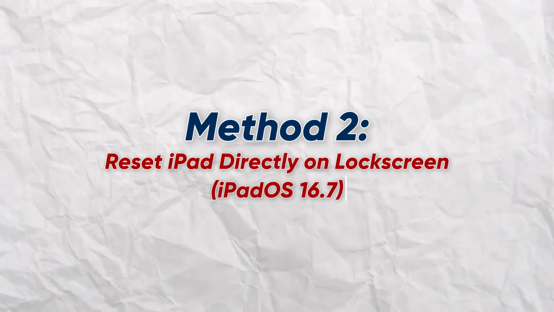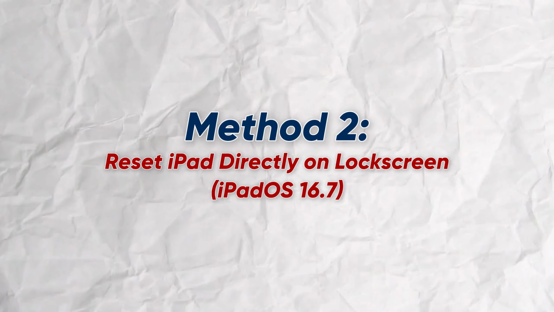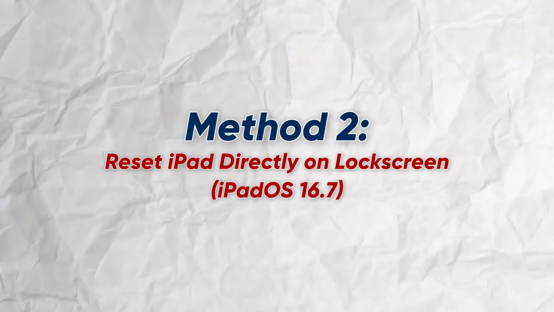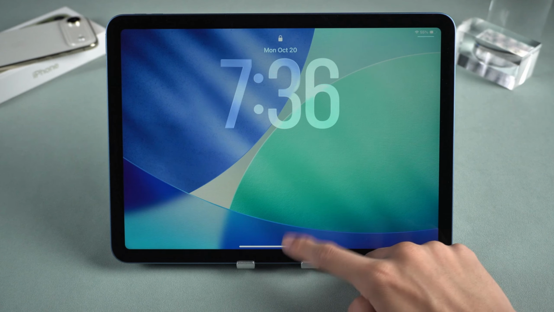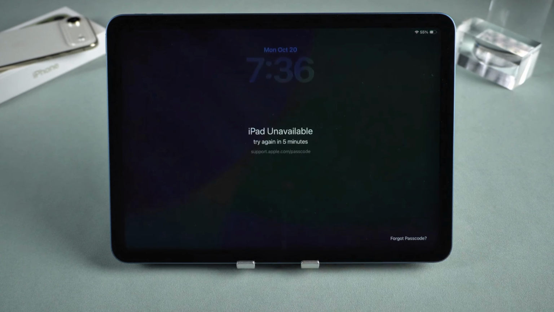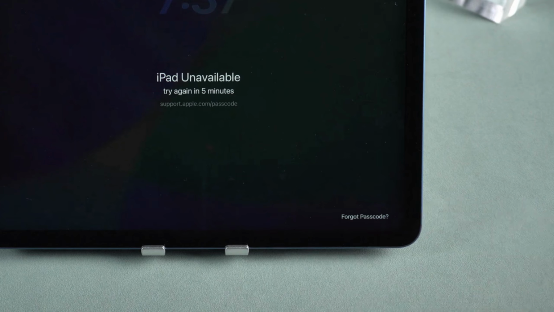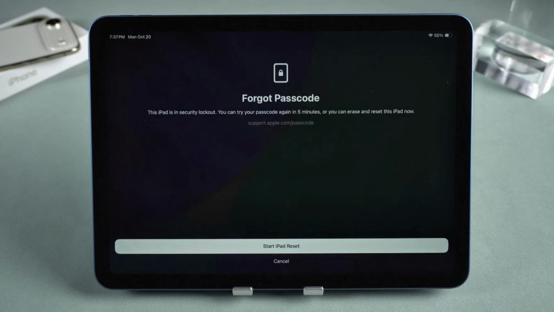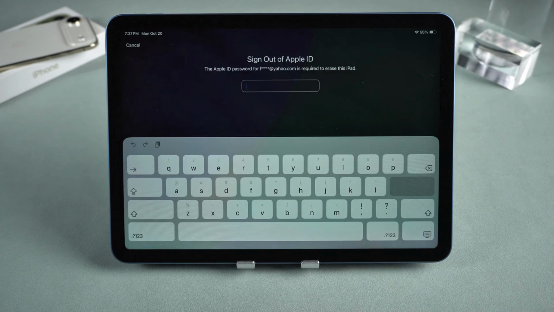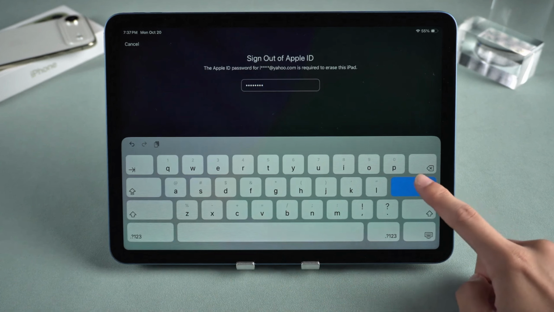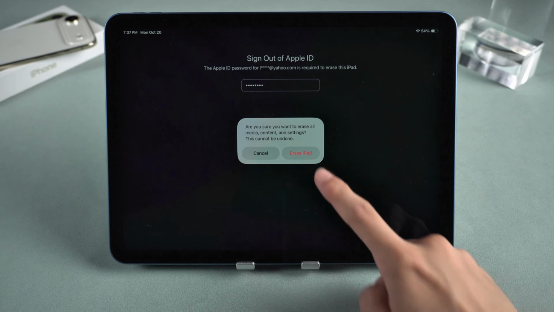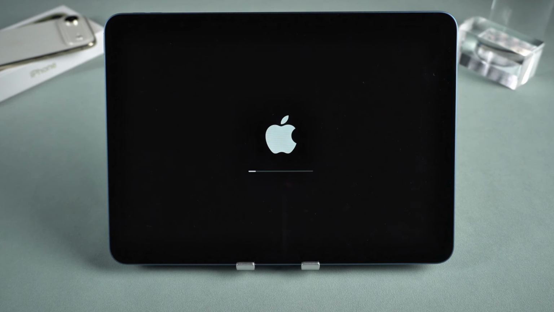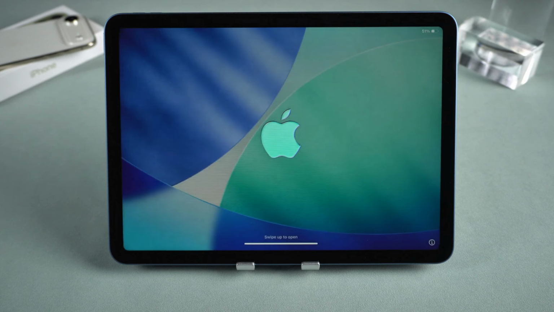The second method is erasing the iPad directly from the lock screen. This method is available on iPad OS 16.7 and earlier. When the iPad unavailable screen appears, you may see an Erase iPad option in the corner of the screen. Tap it and follow the on-screen instructions. You'll be asked to sign in with the Apple ID associated with the device to confirm your identity. After verification, the iPad will erase all content and settings, including the forgotten passcode, allowing you to set it up